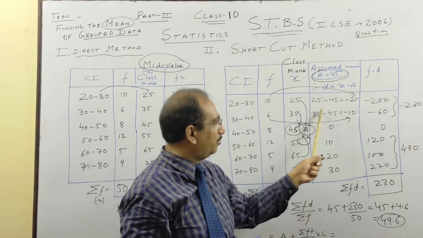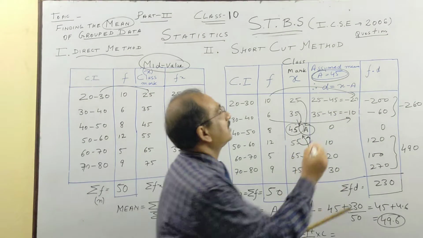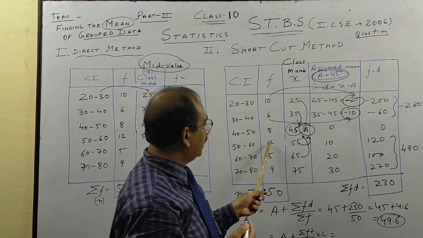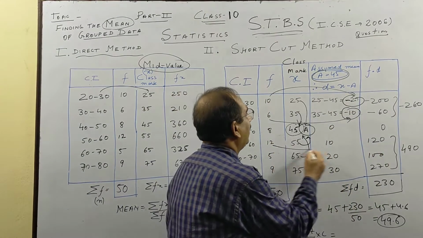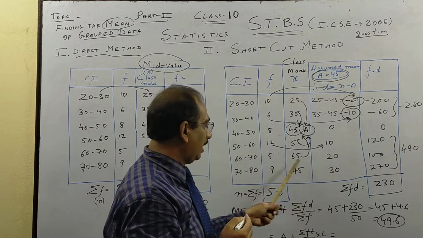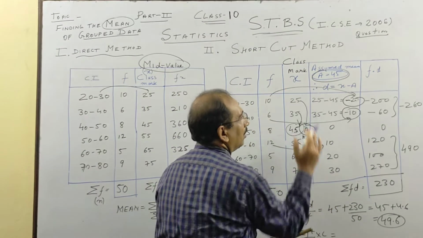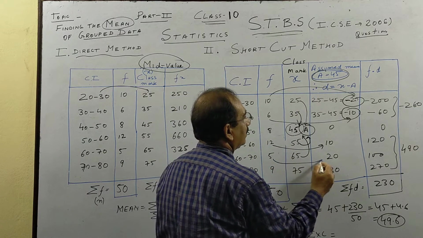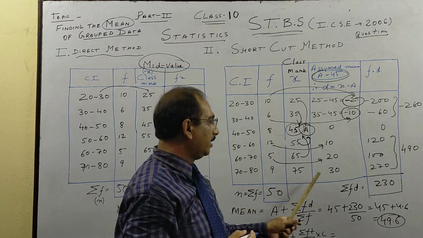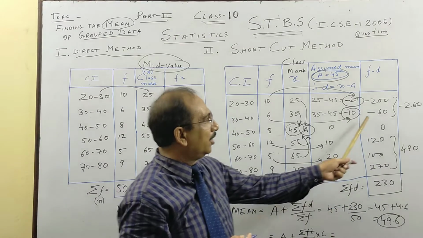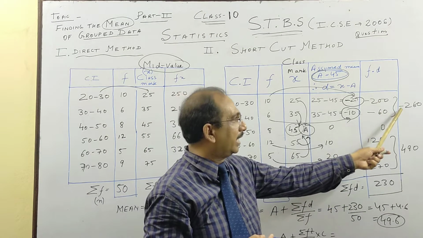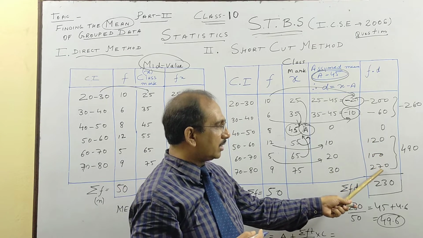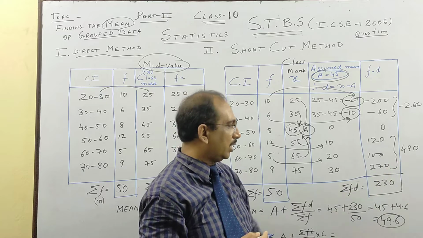So these two values will be negative because these two are negative. But the rest of the values, see, 12 into 10 is 120, 5 into 20 is 100, 9 into 30 is 270. Now when we add minus minus, children, we get minus 260. When we add plus plus, 100, 270, 370 plus 120, 490.